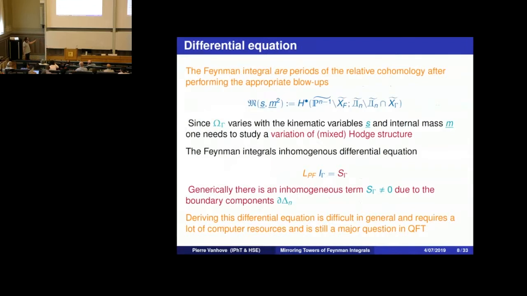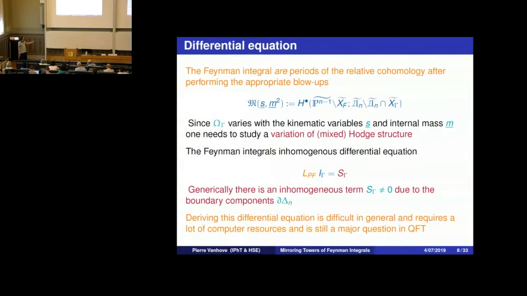So when you vary the physical parameters, you have a variation of Hodge structures, and by looking at the way this Hodge structure varies, you understand that the Feynman integrals will satisfy a differential operator. I'm calling this the Picard-Fuchs operator. I think of it as being the minimal order that acts on my Feynman integrals, but in general, it's inhomogeneous. So there's an inhomogeneous Picard-Fuchs operator that is satisfied by the Feynman integrals, and it's a big problem for physicists